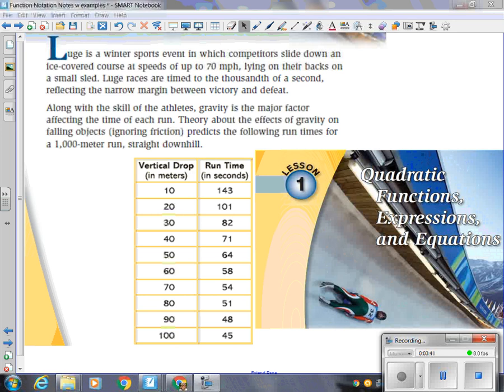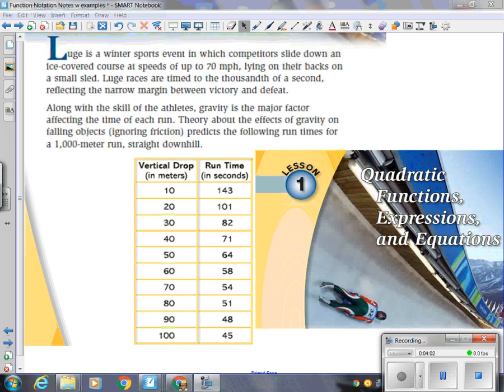Does everybody get what we're saying? Now, the track is going to wind its way down around it, but you're still coming from here to here. So the longer the drop, the shorter the time. It's kind of an inverse function, isn't it? The longer and longer or higher and higher that you go for the drop, the shorter and shorter the time it takes to come down the hill. Does everybody kind of know what we're saying? All right, we've got some data collected.